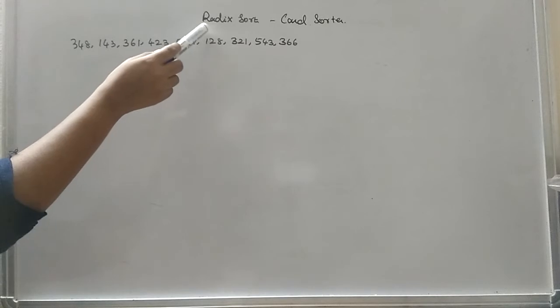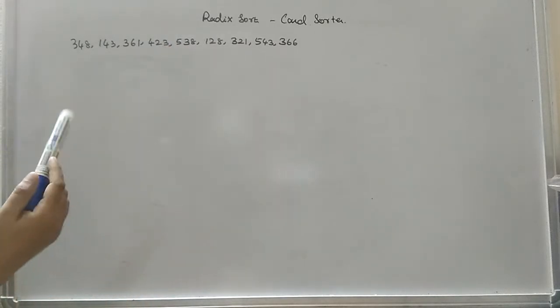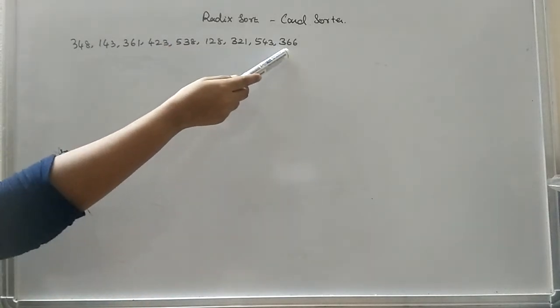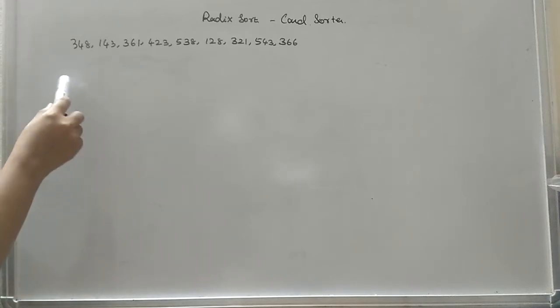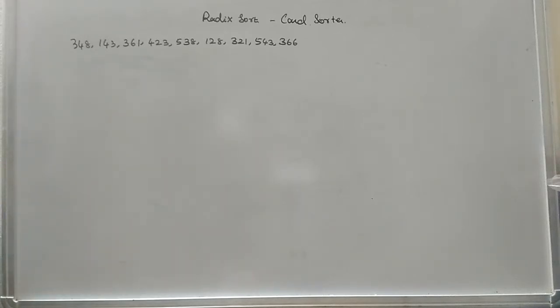Actually, radix sort can be implemented by using the least significant bit or else by using the most significant bit. Here we are just going to sort these numbers by using the least significant bit only. And another thing, before starting the sorting process, at first we have to trace the radix value. You just see here, the numbers are given.